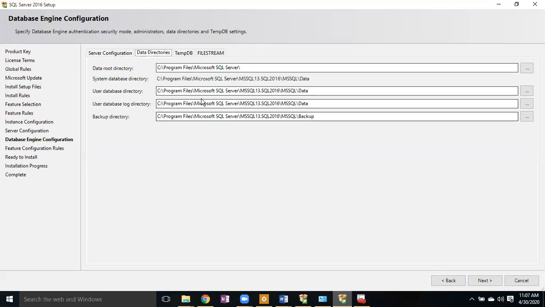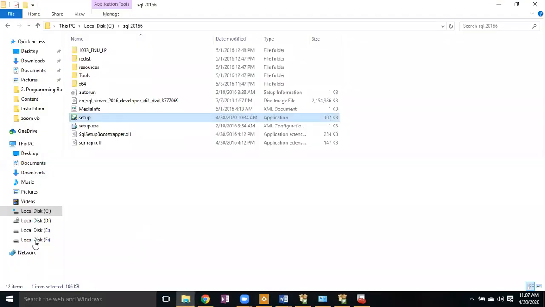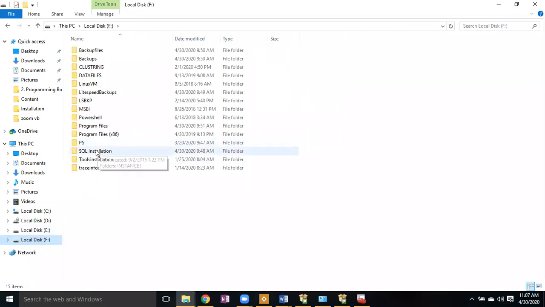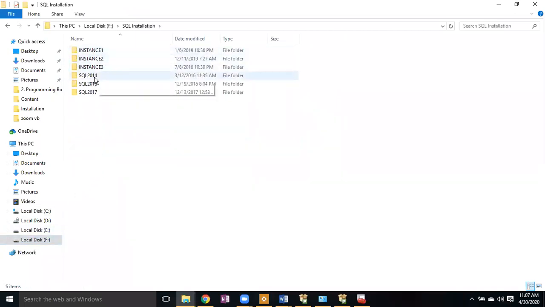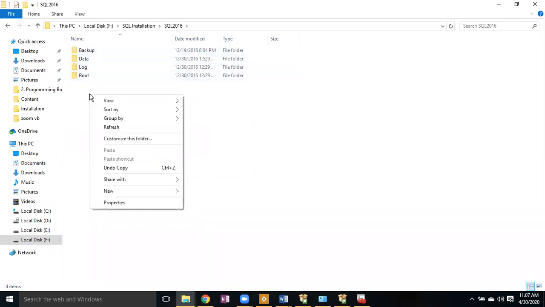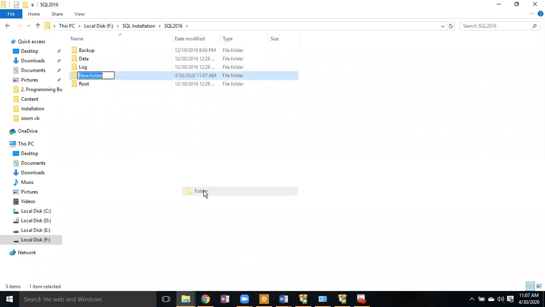In my case, I don't have multiple drives. So I'm using the F drive here, but in the F drive I created multiple folders like SQL Server 2016, backup, data, log, and root, and maybe binary you can call it. And the next folder is